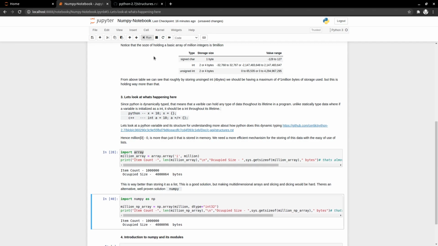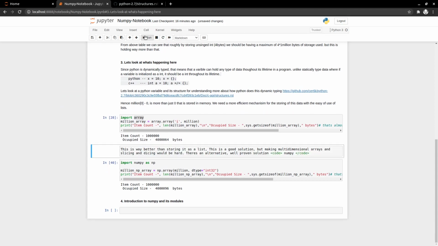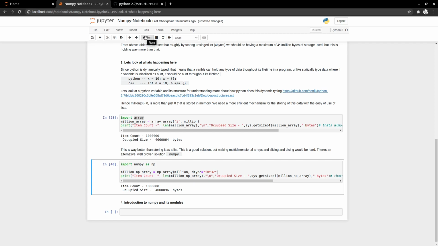In NumPy, it's not that it's going to save your space in memory, nothing like that. But it has a lot of functions which are easy to use, and future you will get to know it's simple. So we'll just give that a shot. We'll create a NumPy array of a million items and say that each one of them is an int32 type, and see how much memory it occupies. It's occupying close to 4,096 bytes for a million items.